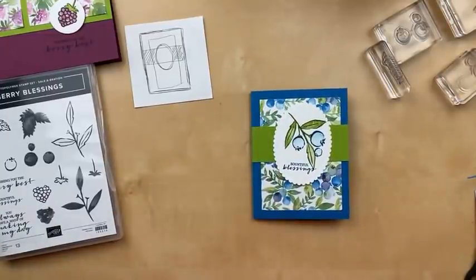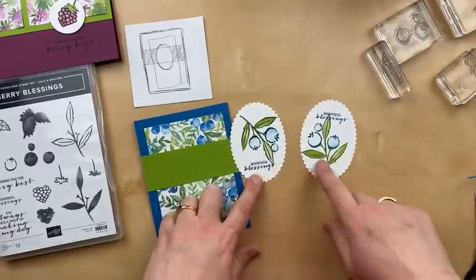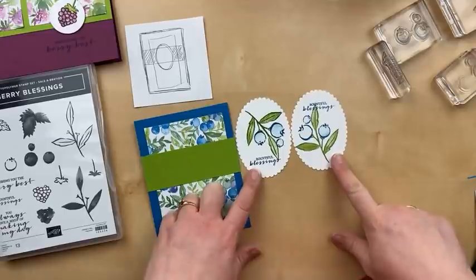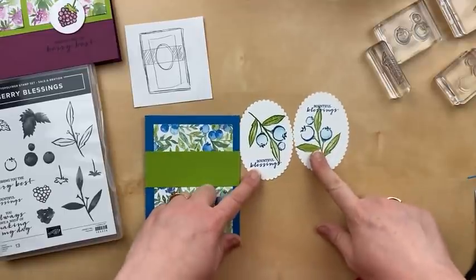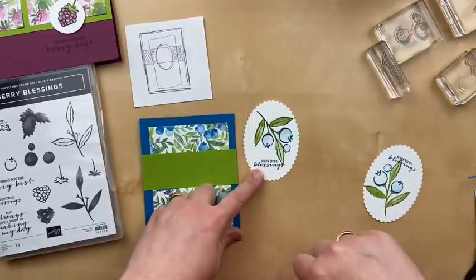Now, okay, I don't know. I haven't had blueberry stamps before, and I don't know a lot about blueberries or gardening, but do the blueberries grow like this, or would the branch be more... Yeah, they grow like that, right? I was trying to figure out, I stamped it like this first, and I thought that doesn't look right. I think they're more like hanging, right? Does this...